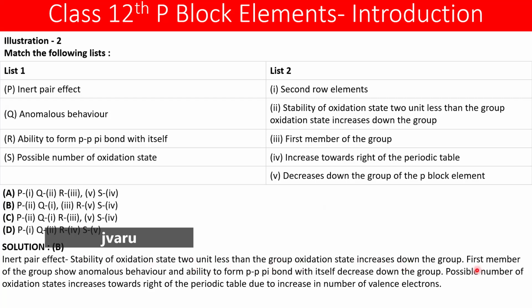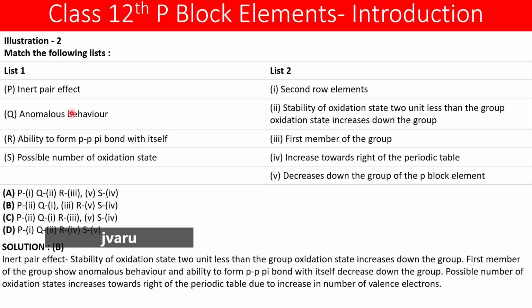ग्रुप ऑक्सीडेशन स्टेट, वो इंक्रीज करता है डाउन द ग्रुप। इनर्ट पेयर इफेक्ट हमेशा इंक्रीज करता है डाउन द ग्रुप। तो ये जो है वो 2 के साथ मैच करता है, स्टेबिलिटी ऑफ ऑक्सीडेशन स्टेट 2 यूनिट लेस देन ग्रुप ऑक्सीडेशन स्टेट इंक्रीजेस डाउन द ग्रुप, ठीक है। इनर्ट पेयर इफेक्ट यही है, ठीक है।